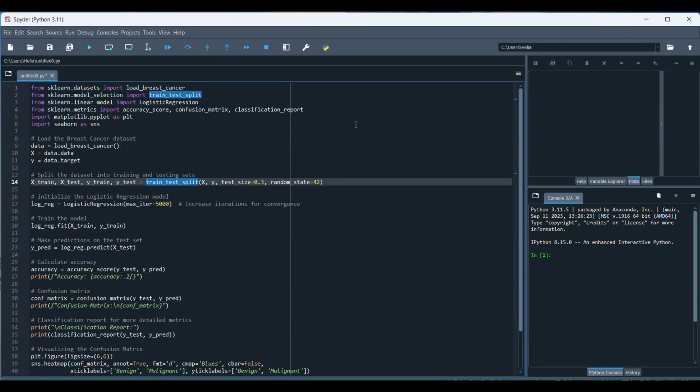Let's very quickly talk about logistic regression. I'm going to go through the code first, and after that, I'm going to explain what logistic regression means. For this one, I'm going to use the breast cancer data set, and you can find that data set